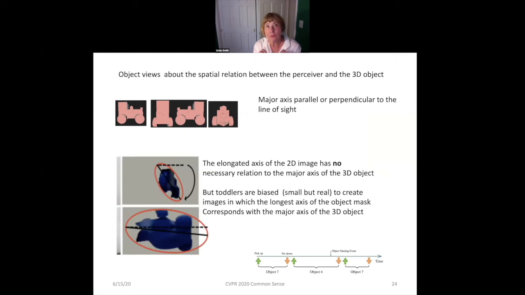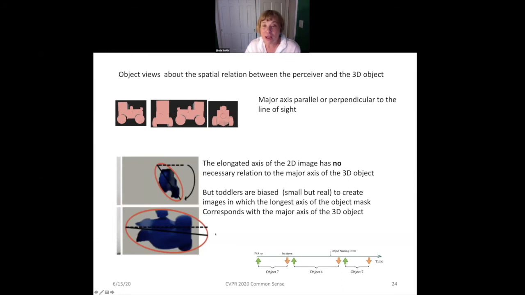When we talk about object views or the pose of the object, some people talk about it as if it's a stimulus property, but it's not. The stimulus is the 2D projection onto the retina. It's really about the world. Object views are defined by the spatial relation between the perceiver and the 3D object. I've just told you that babies are biased to these views that are defined in terms of the major or longest axis. Well, what we've also found, and I think this could be a really important discovery, and I'm talking about this for the first time, you guys are the first to know,